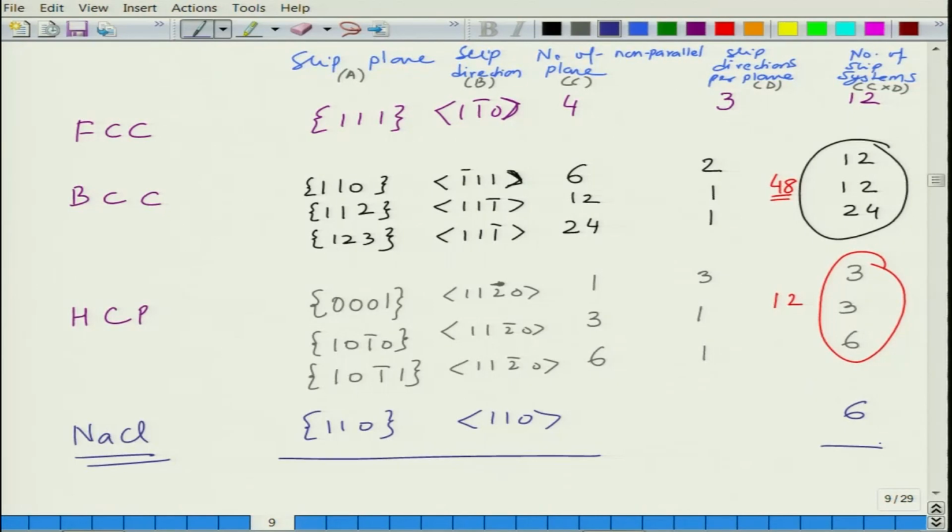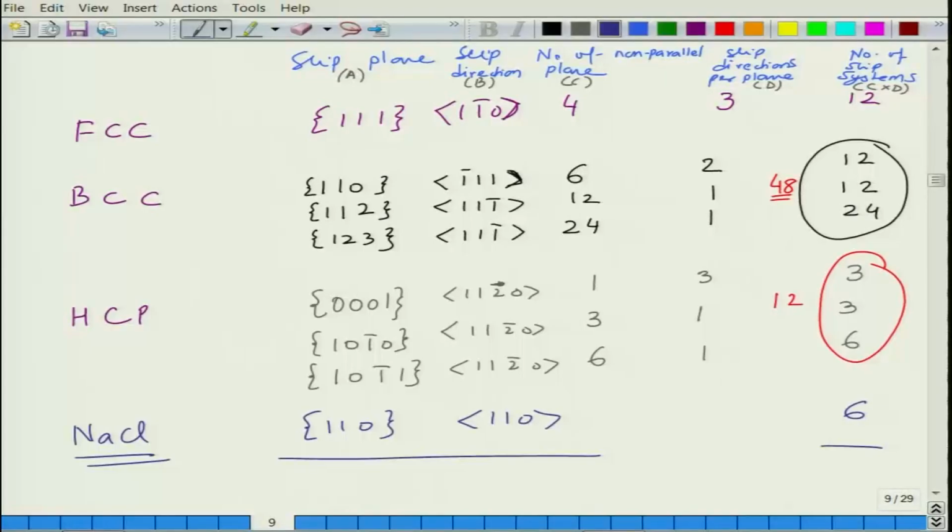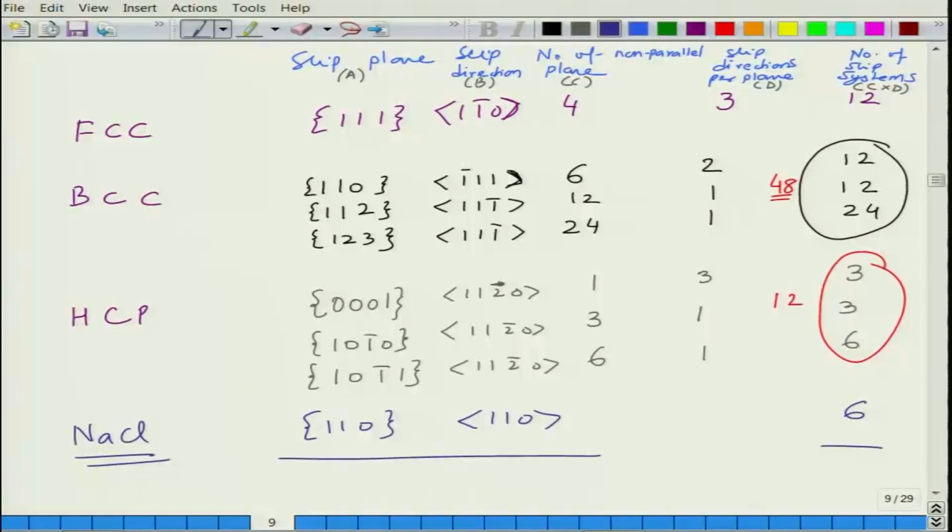Okay. So, this is what we have done in this lecture. We have worked out the slip systems in these different materials. In FCC we have 12 slip systems consisting of 1 1 1 planes which can carry 1 1 0 type close-packed directions. BCC has 48 slip systems, HCP has 12 slip systems. Now, the most favorable slip systems are in materials which have close-packed planes. So, FCC, although it has 12 slip systems, all of those consist of close-packed directions lying in close-packed planes, and that is why they are very favorable slip systems.